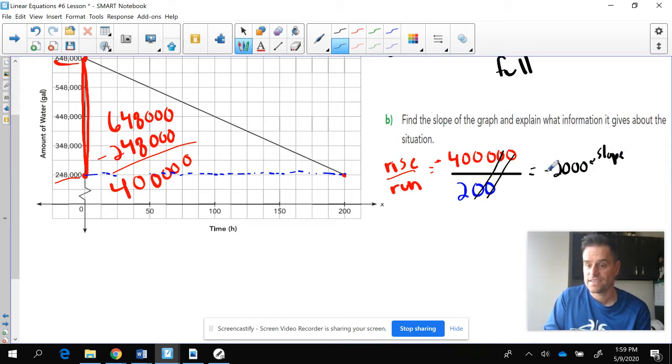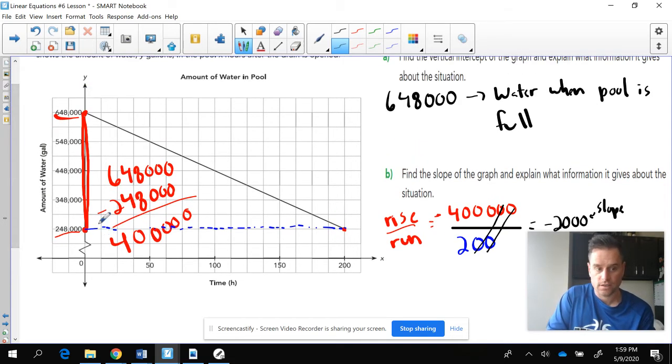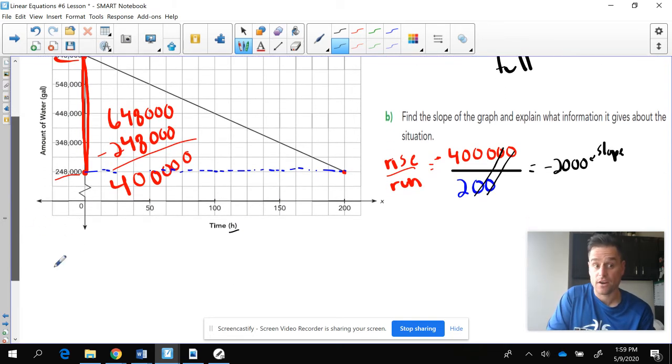Question is, what does this stand for? This stands for, well, let's take a look. We're looking at gallons and we're looking at time in hours. So it is the relationship between the amount of water that's in this pool and the amount of time it takes to drain it. So this negative 2,000 means that it's 2,000